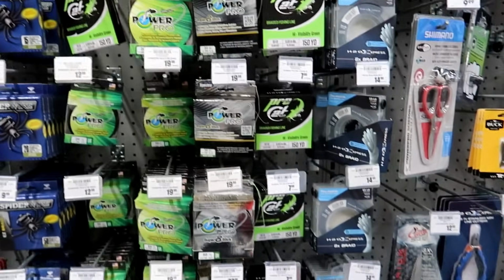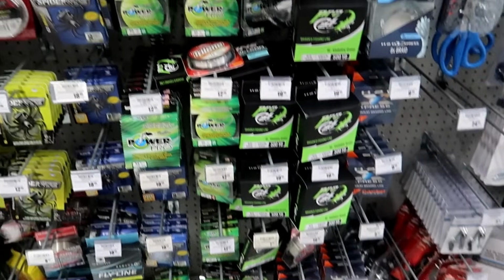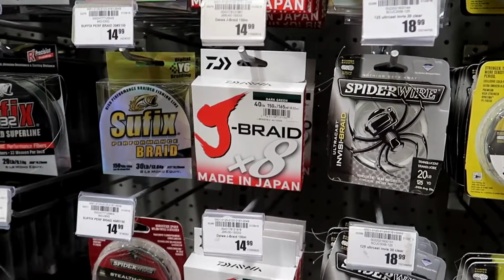I think I'm gonna start with my least used line, and it's really just because it's winter time, but my least used line right now is braid. We got a nice section of braid right here. I mean, we've got Power Pro, we've got Spider Wire, we've got the Daiwa brand, the J Braid,